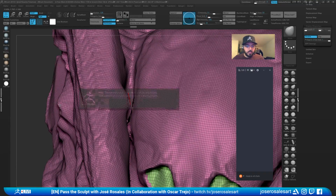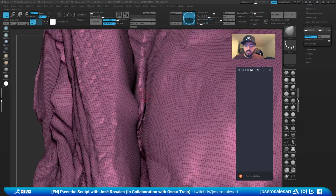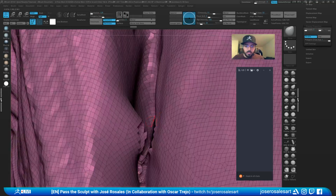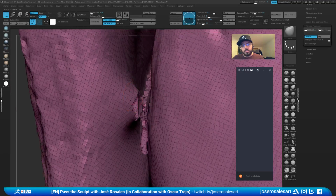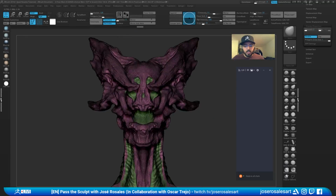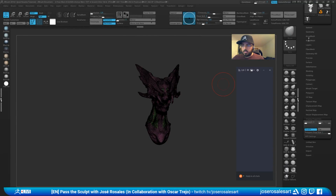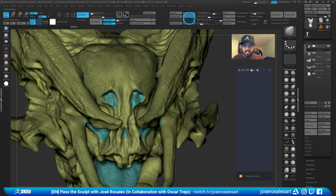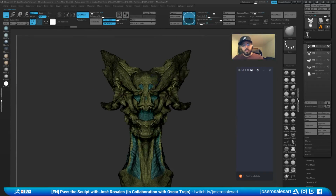I'm gonna get rid of, delete him, delete everything. And I'm just gonna patch this because what I want to do, like, I have this piece from what Oscar did. Oh no. Ah, I cloned it. Okay, let's do it again. So this is what Oscar did,